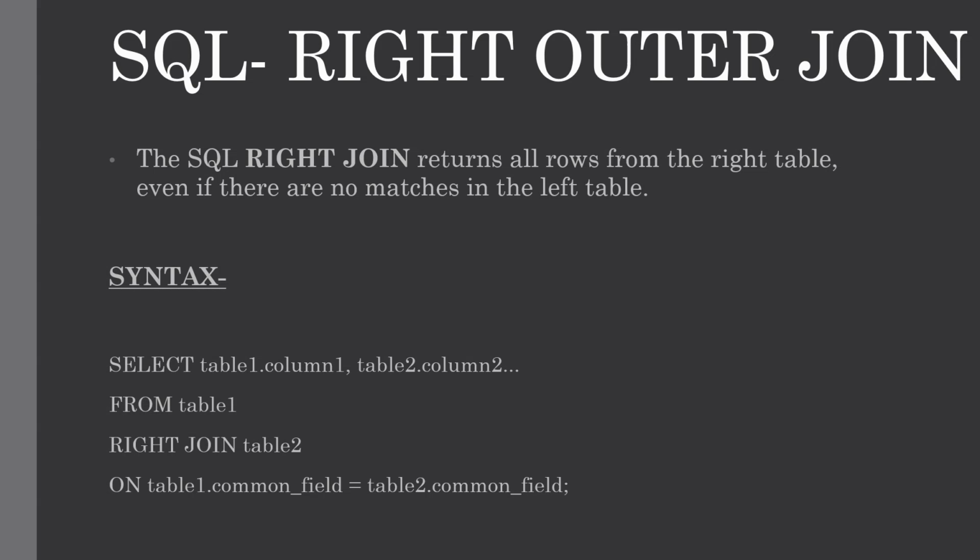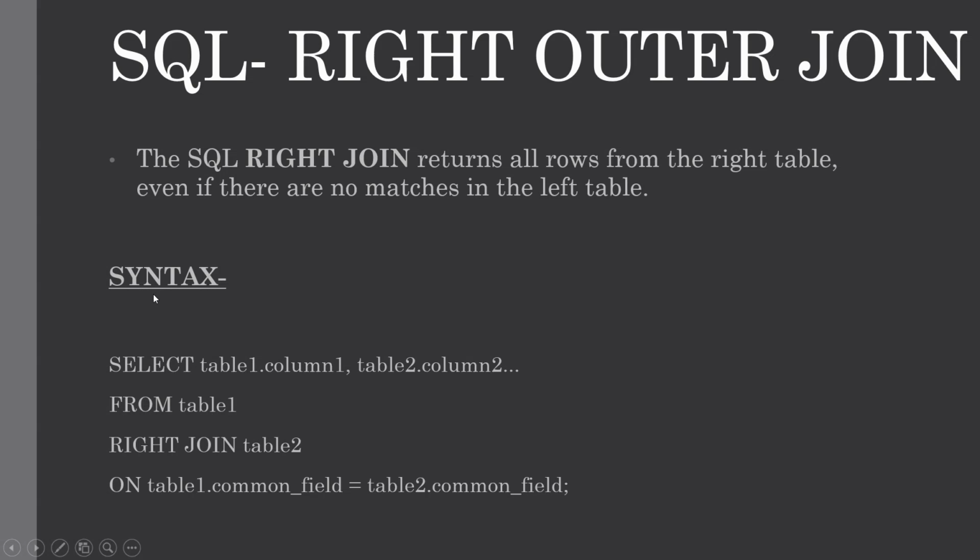The SQL right join returns all the rows from the right table even if there are no matches in the left table. This means that if the join condition matches no records in the left table, the join will still return a row in the result, but with null values or no values in each column from the left table. This means that right join returns all the rows from the right table plus the matched values from the left table, or null in case of no match of the join condition.